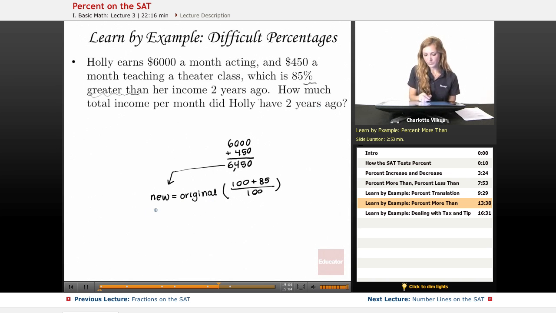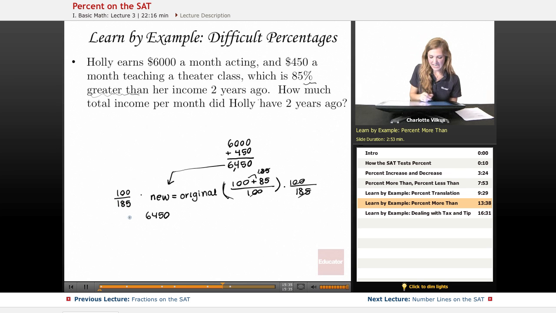So we would just plug in the new amount here, and then we could take this and invert it. So here we would really have 185. If we invert it and multiply, we'll get to cancel out this fraction on this side. So 100 and 100 will cancel, and 185 and 185 will cancel. We multiply the other side by the same thing,